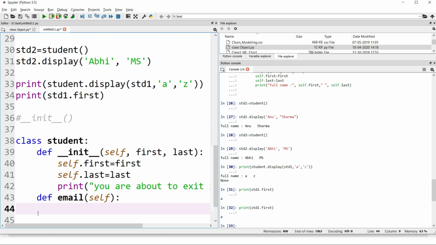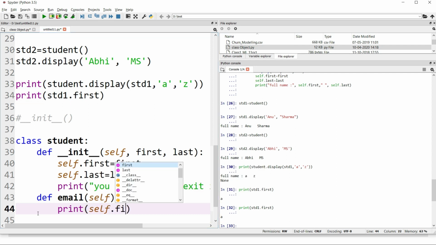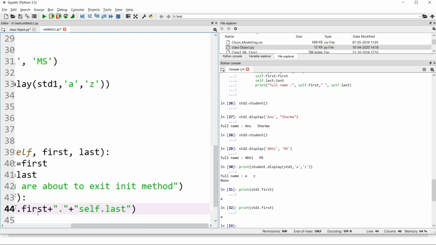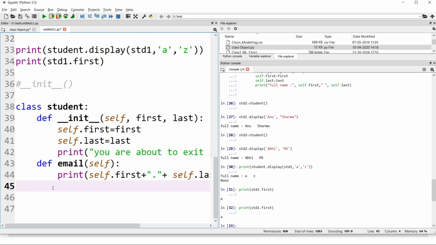To create their email ID, I'll print their first name, self.first, plus a dot operator, plus the last name, self.last, and then it is followed by the at the rate sign, and then gmail.com, just for the example's sake. So this has to be printed.